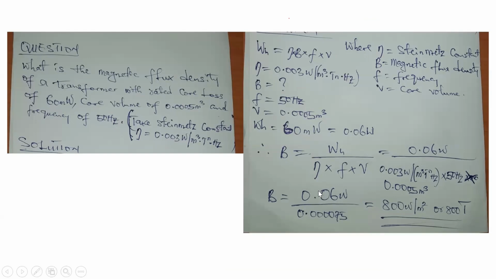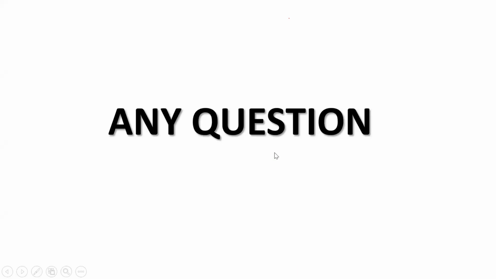We have that B is 800 Weber per square meter, and we have the answer to be 800 Tesla. So this is our answer to the revision. If you have any question, you speak up, or you compile your question. I will share another link because this one